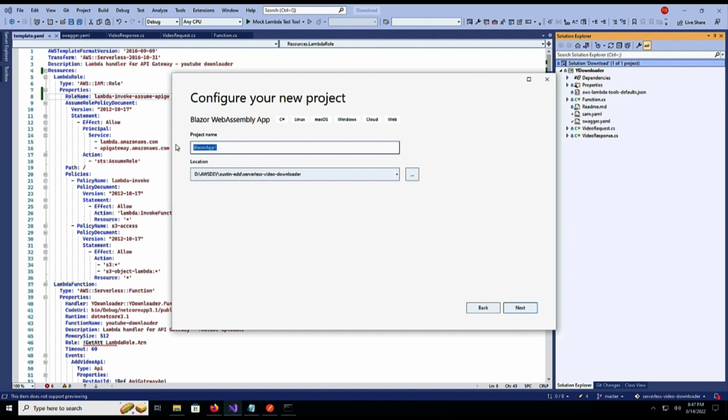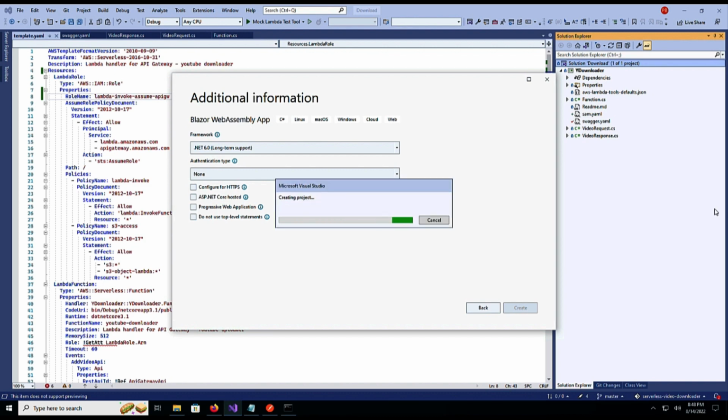Let me create the project and name it something very simple so that I can use it down the line without worrying too much. So I'll just name it Client. And then I don't need to select HTTPS. And most important thing, we have .NET 6 LTS. Wow, that's great. Let me create the project and it's going to give me